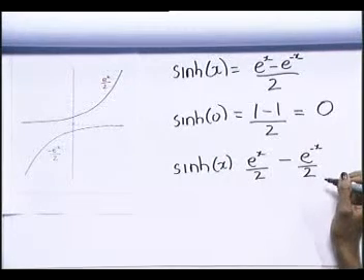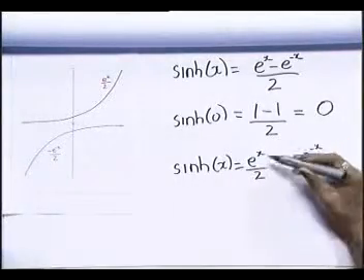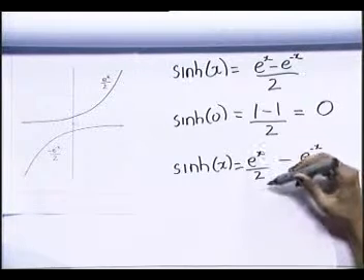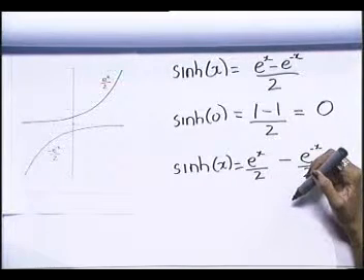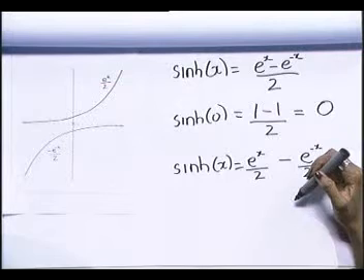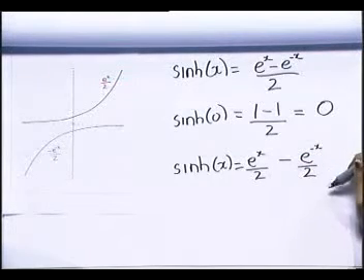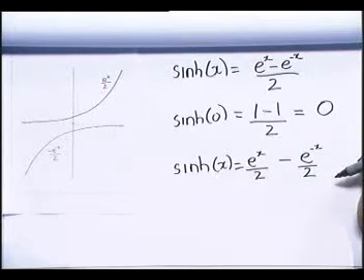Now using the same logic as we did before, and remembering what the graphs of e to the x and e to the minus x over 2 look like, we can see that the first part of the sum here gets very, very big as x gets large, but the second part of the sum gets very, very small as x gets large. So again,